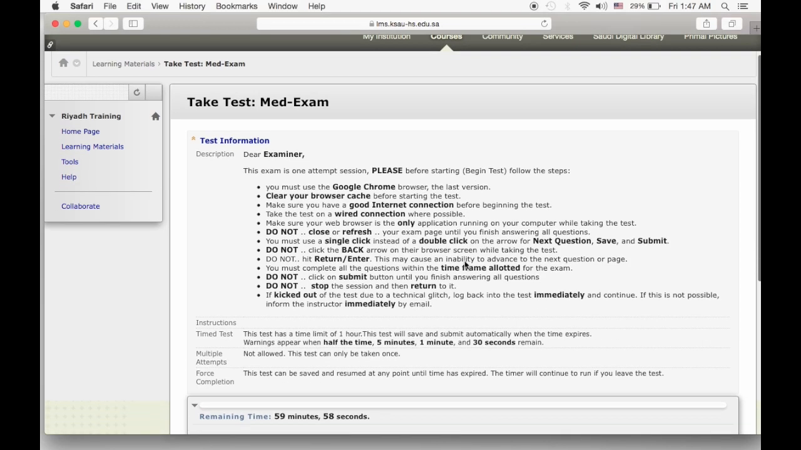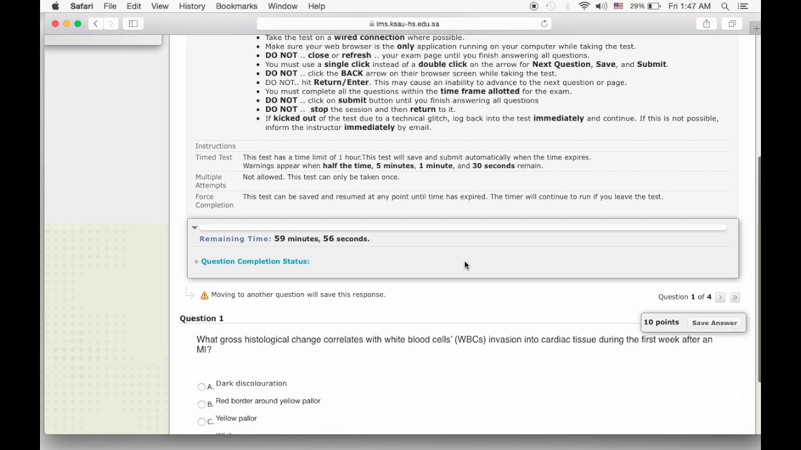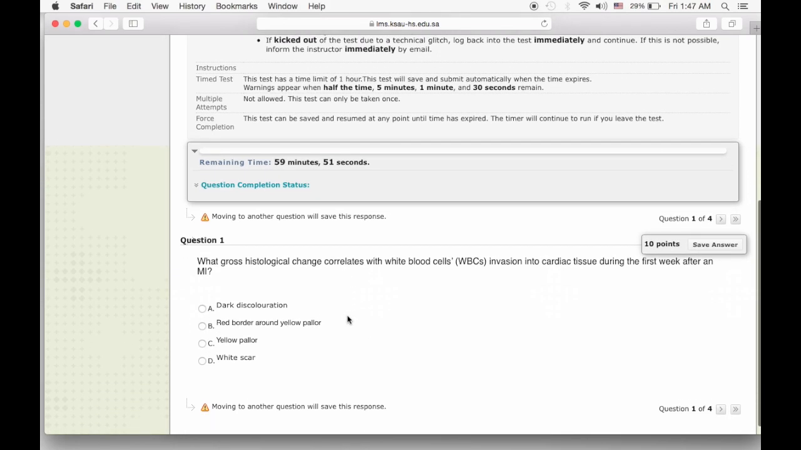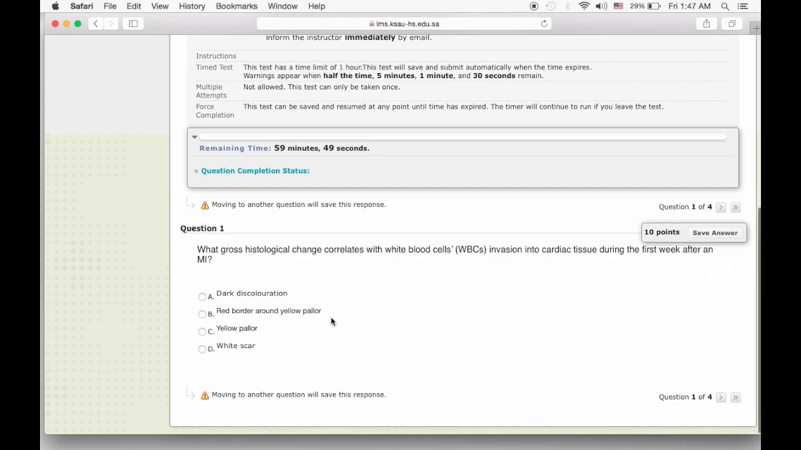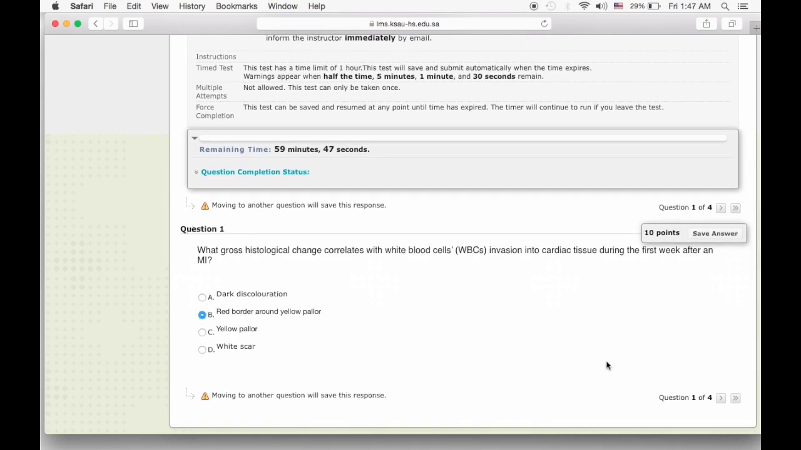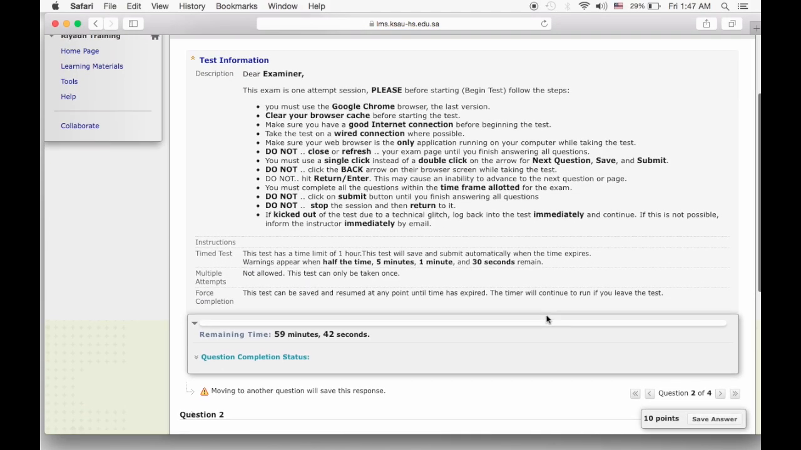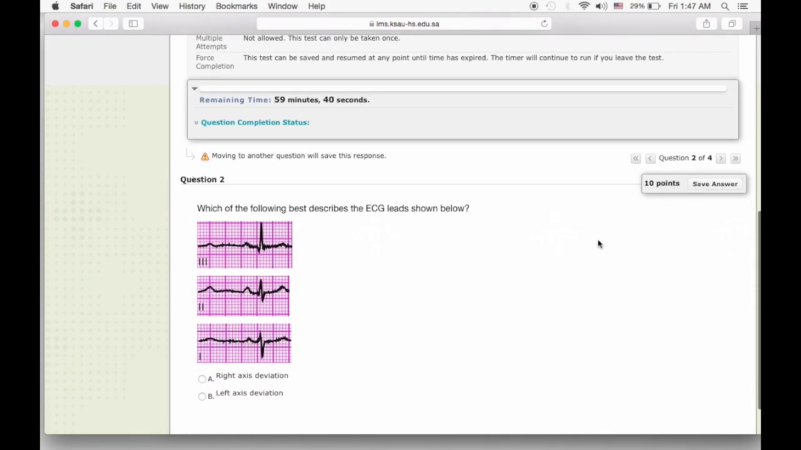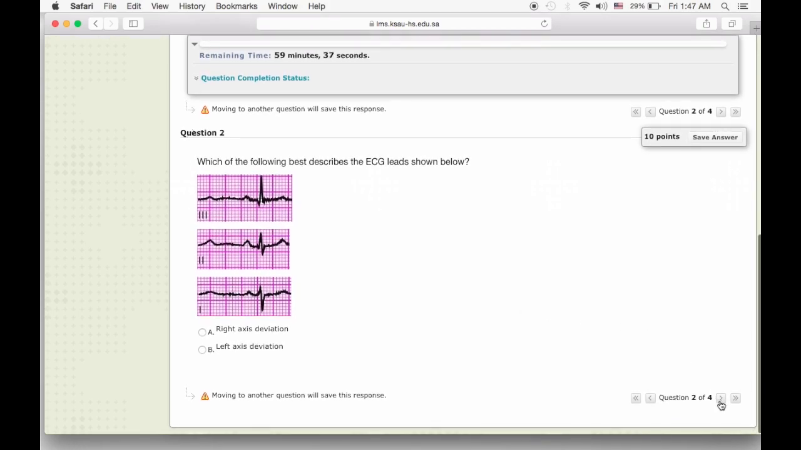As you see here, the test information will be available, and this timer will remain with me all the time, reminding me of the countdown, and I will start answering the questions and going to the next question. As you see here, I can save my answers, or I can just go to the next question. If you forbid backwards, the student cannot go back to the previous question, and so on until I submit